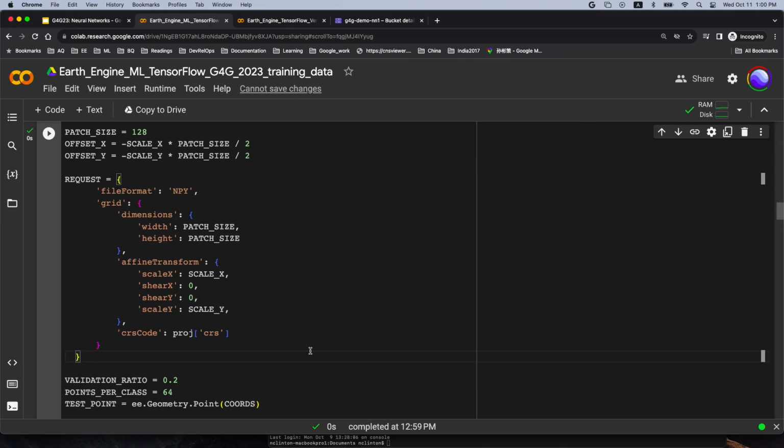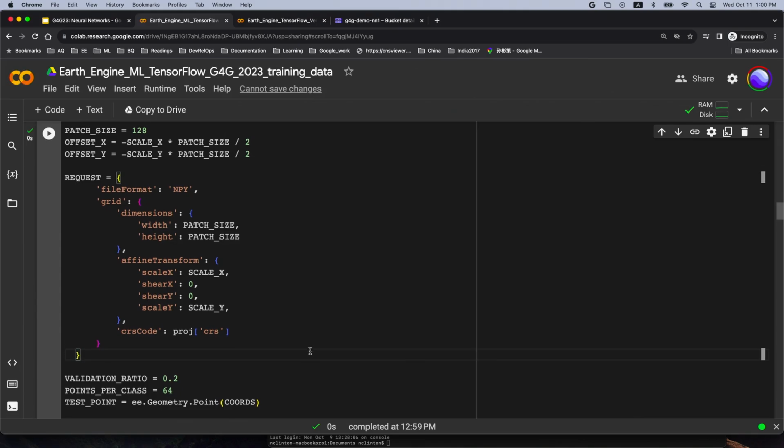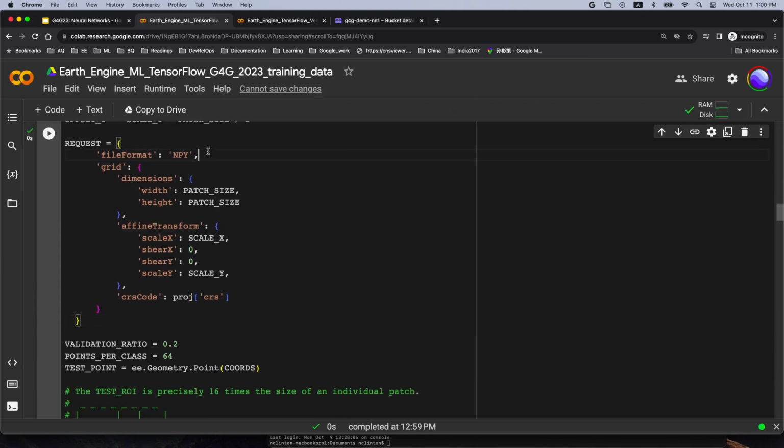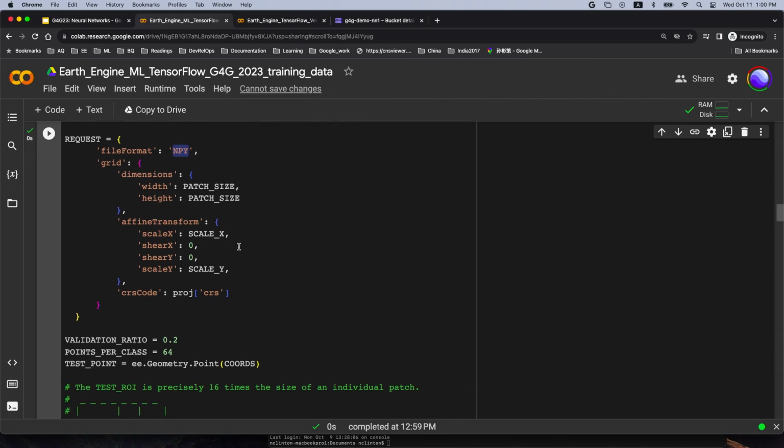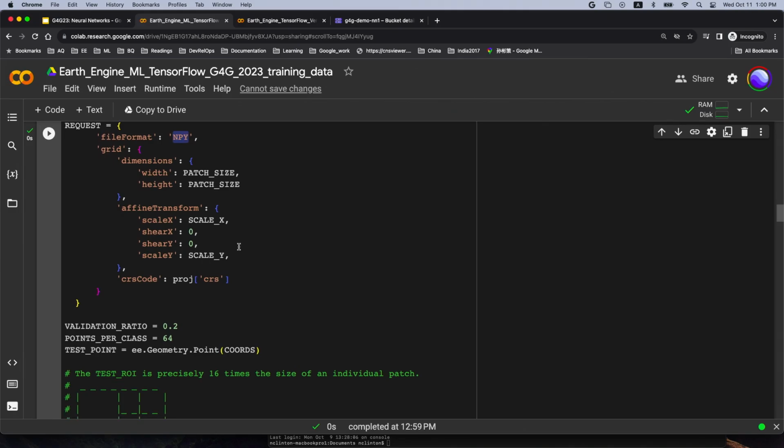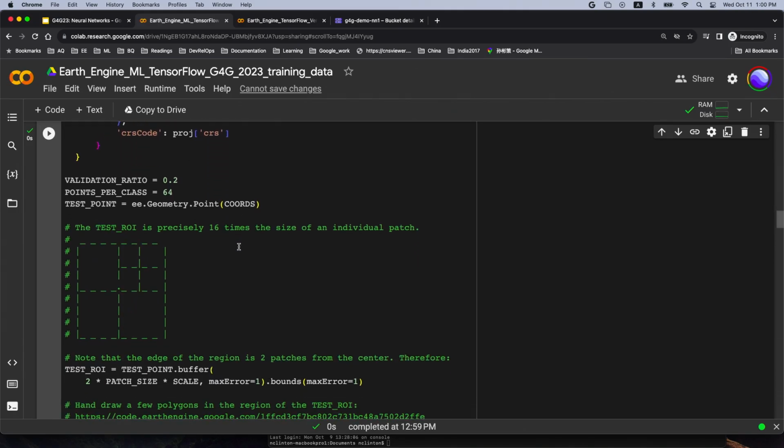This will become more obvious later, but the basic idea is that you can get a variety of formats directly from the client using compute pixels. Here we're going to get NumPy arrays, but you can also get GeoTIFFs and JPEGs and other image formats and stuff like that. And we'll populate this request when we come to each point and